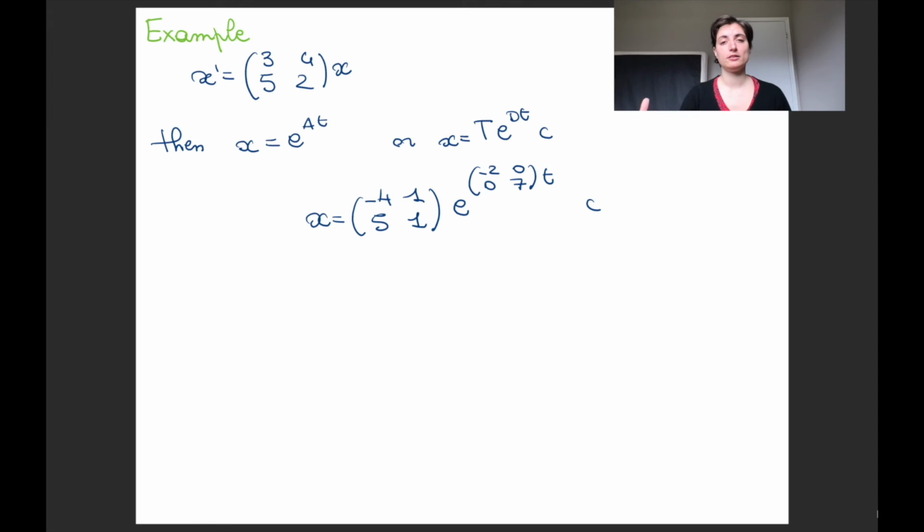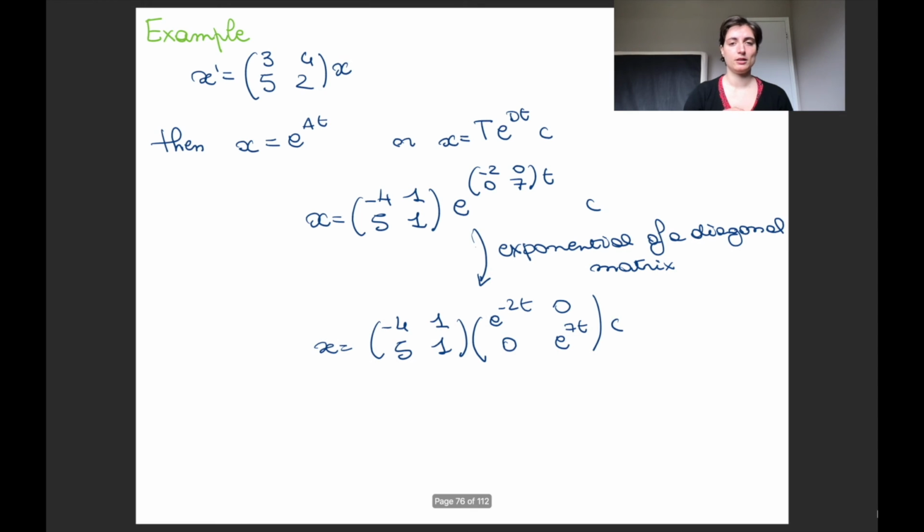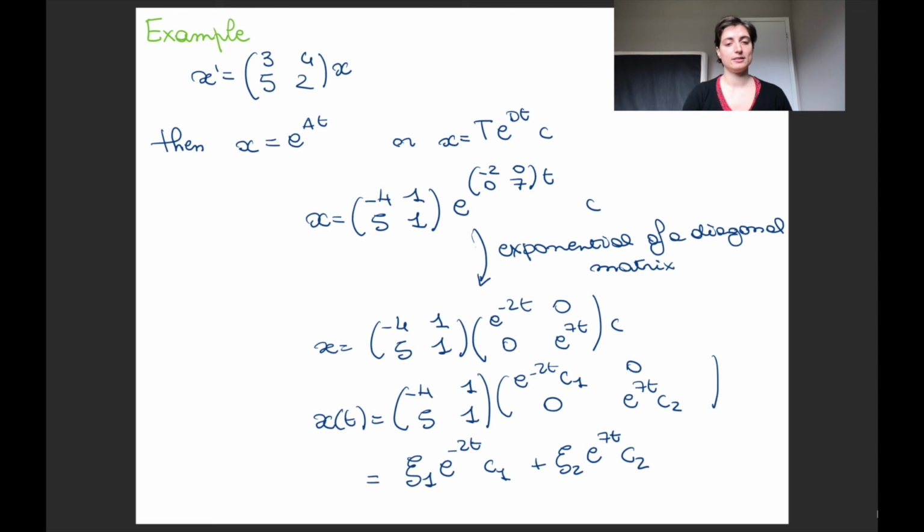While on the other hand, T times exponential of Dt times c, well, we can compute T and D. We have computed them. So by noticing that this matrix is the same matrix we worked with before, we can plug in T and have it solve things. So with the exponential of a matrix that we had before, we get to the fact that we can rewrite x(t) as